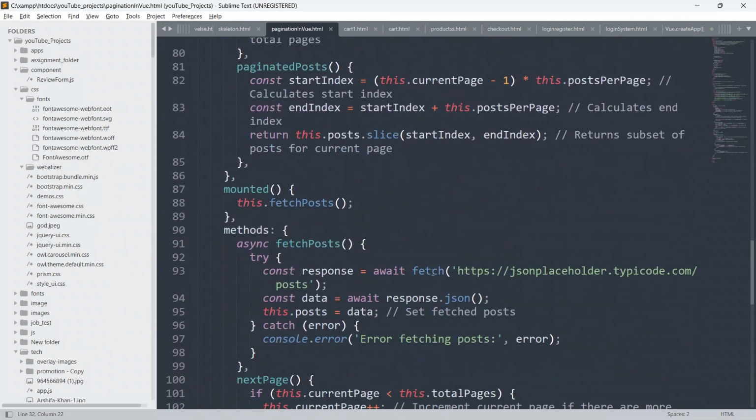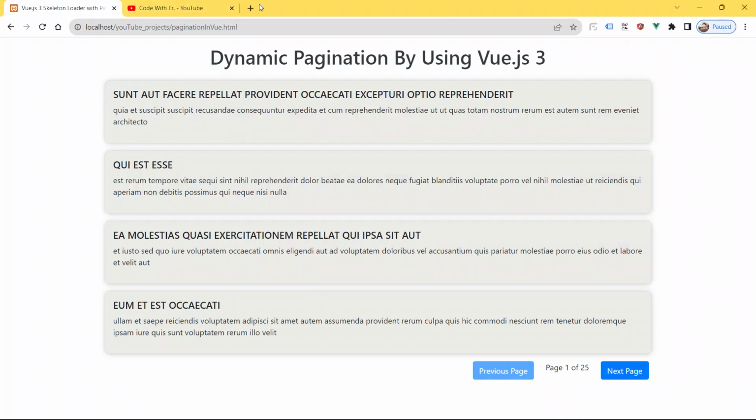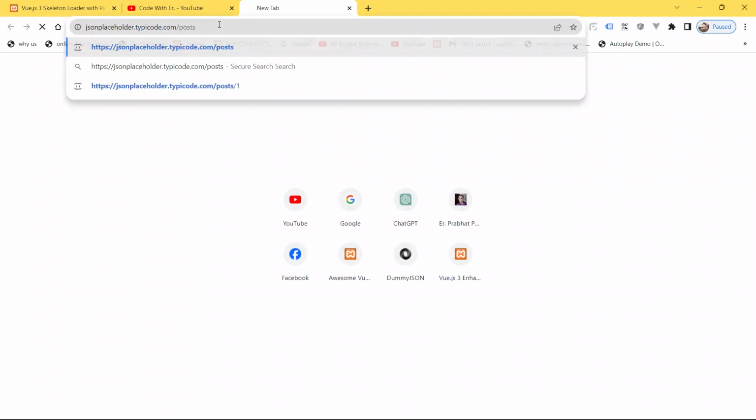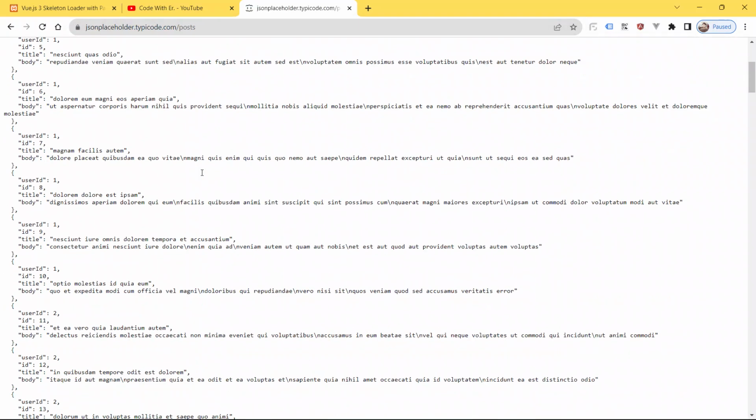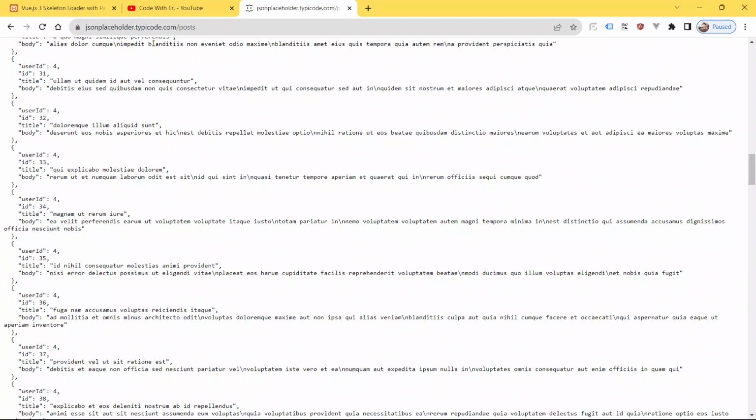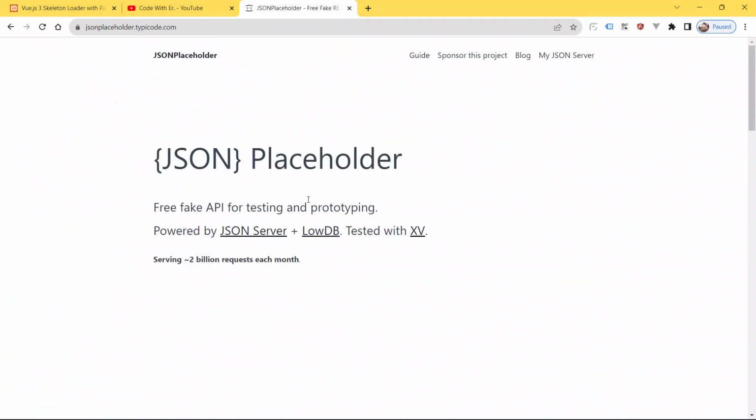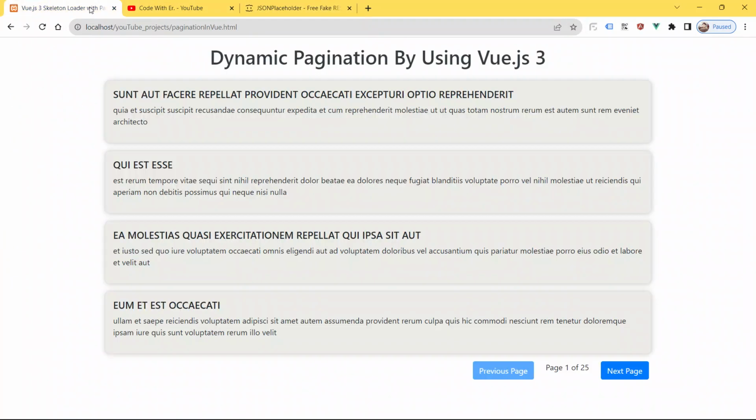Just copy this from here, go to the browser and paste it here, hit enter. In this video I will be using JSON Placeholder for the posts.